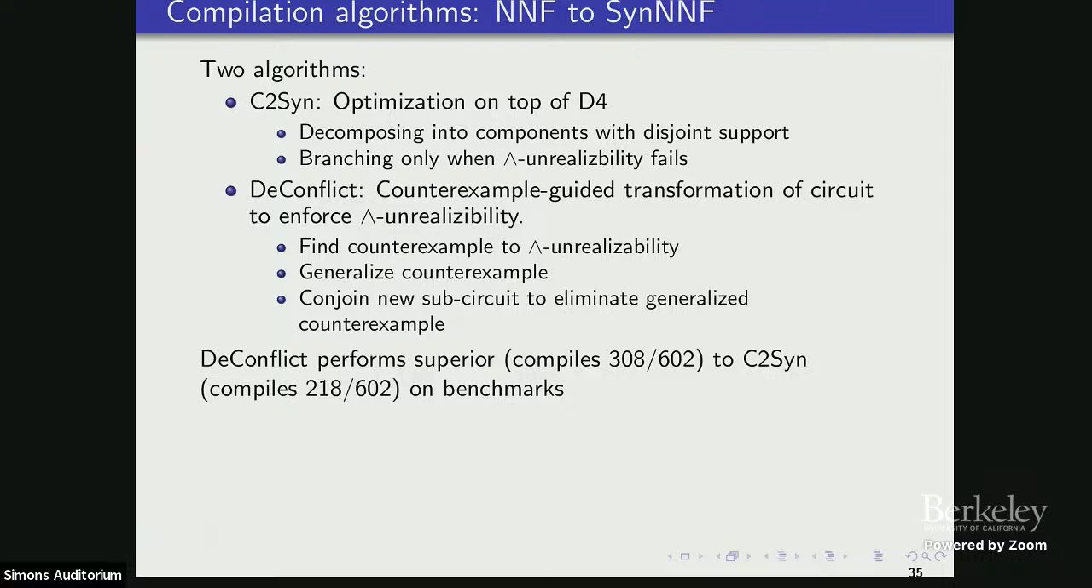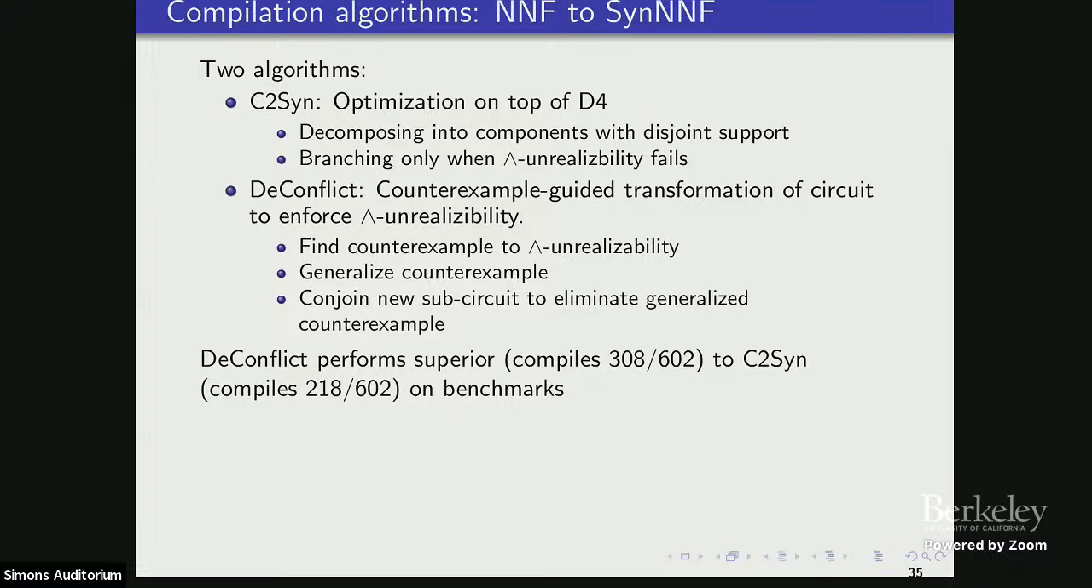Okay, so given this, we actually have two algorithms for compiling from arbitrary circuits, could be CNF, could be arbitrary circuits, to SYNNF. The first algorithm, C2SYN, takes CNF as input and generates a SYNNF out of it. This is really some optimizations on top of the D4 tool, where decomposition into components with disjoint support is done, and we branch only when unrealizability fails. And this is